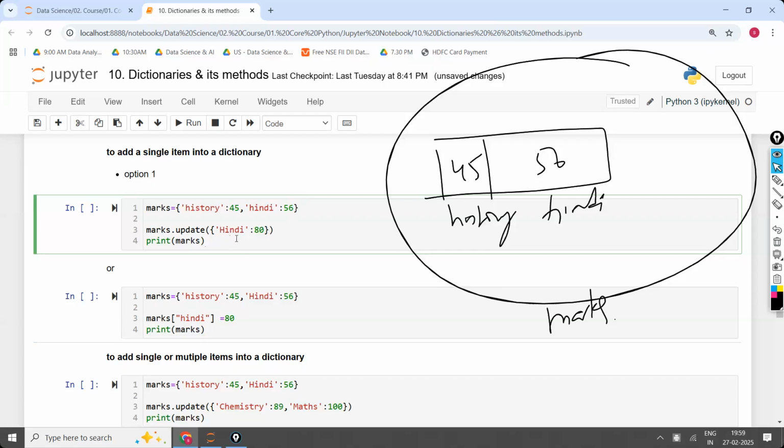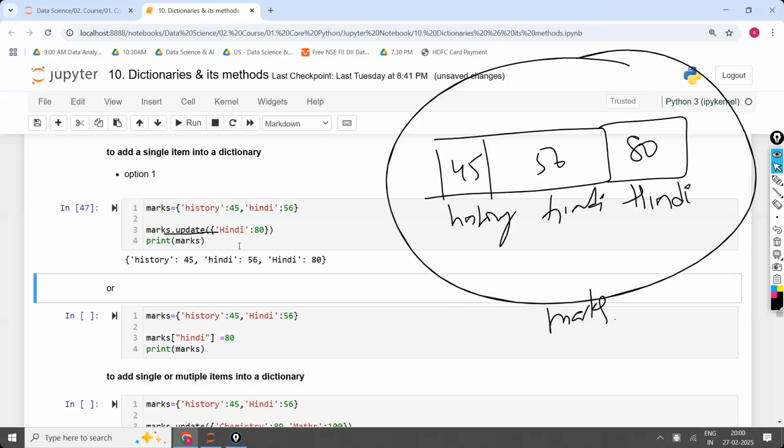Now here we are going to add a new key. First I'm adding a key. What is the key? Hindi. It is a new one. And what is the value? 80. It is going to get updated like this, and you are going to get the output like this. Once I execute, you are going to get marks: history 45, Hindi 56, this Hindi